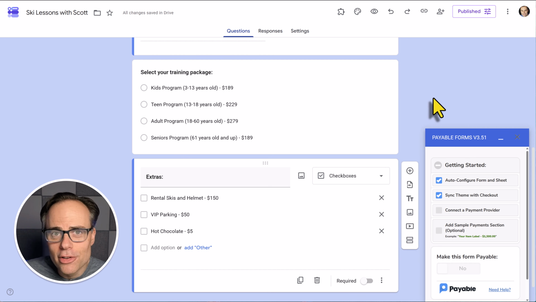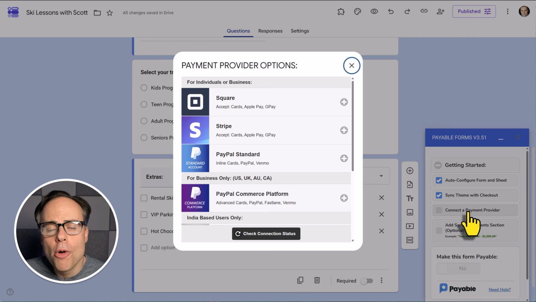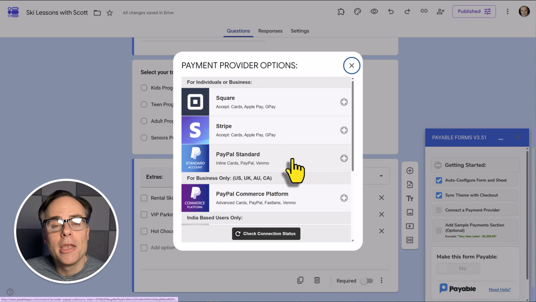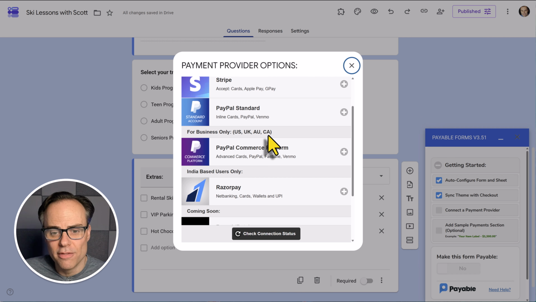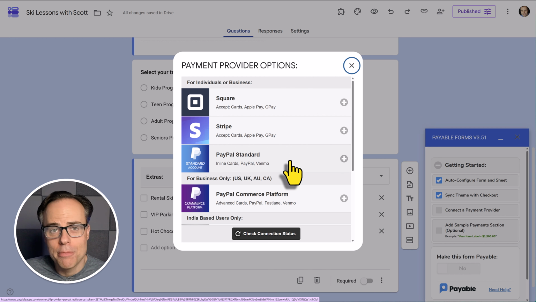The last and final step that we need to take is to connect our payment provider. By selecting this option from the Payable Forms side menu, it's going to open up this dialog. Now, Payable Forms works with the most popular payment providers, including Square, Stripe, and PayPal. You can also choose to use PayPal Commerce if you reside in one of these countries. Now, it doesn't matter if you have never used a payment provider before. Payable Forms will walk you through creating your own account. But if you already have a Square, Stripe, or PayPal account, it will easily help you set up and connect